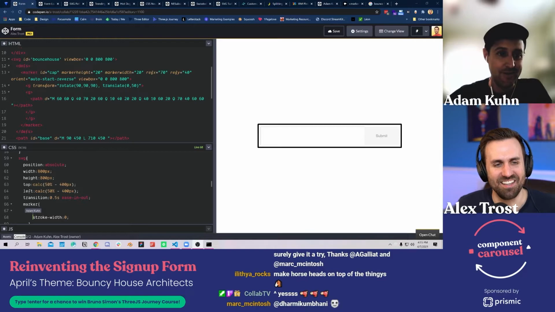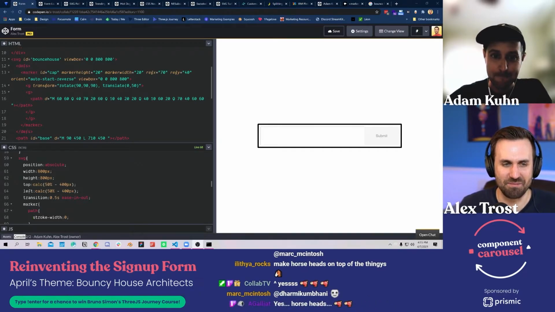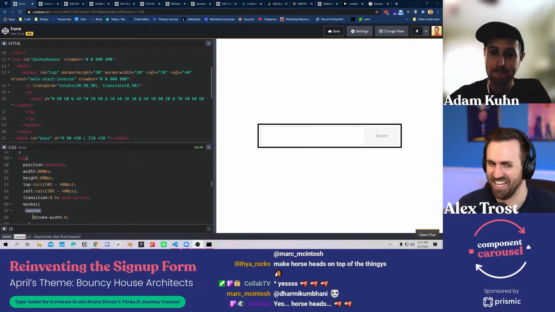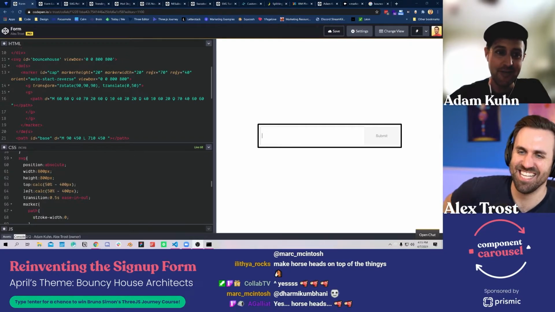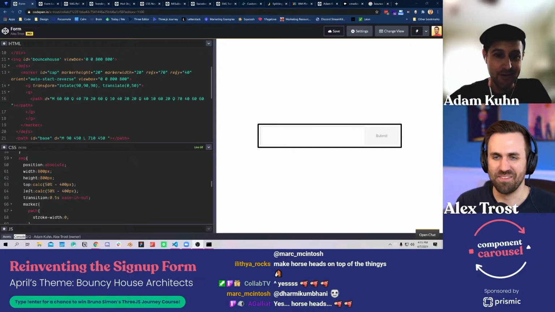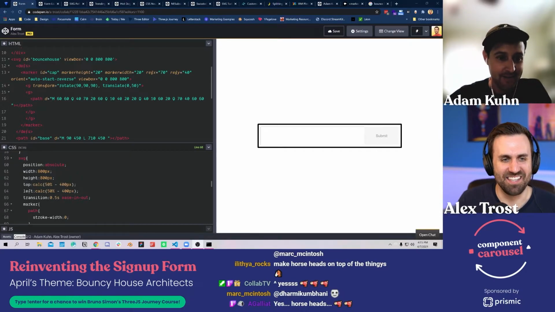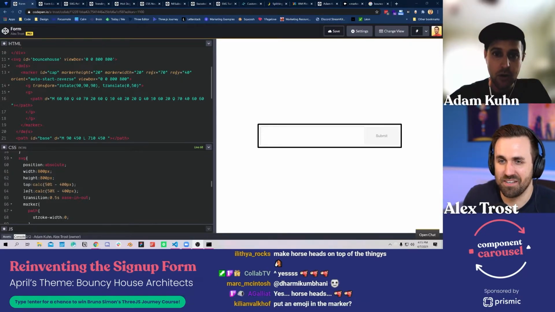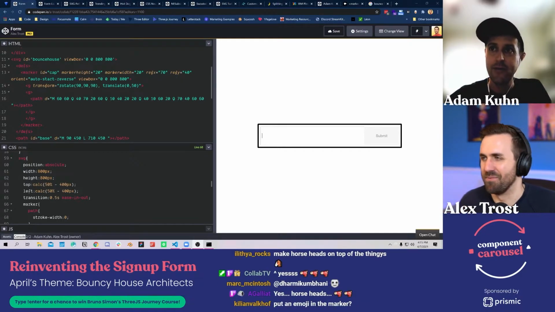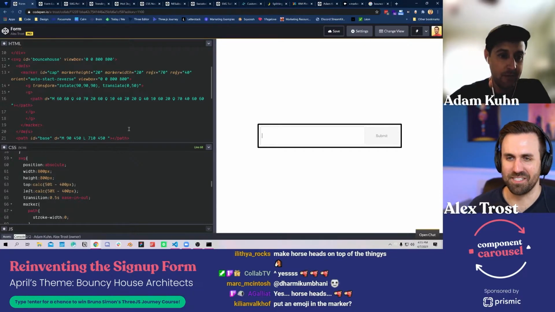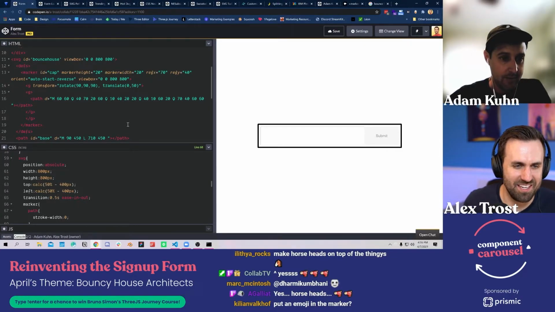Alithia has a great idea, but it also sounds like almost a threat. She said to put horse heads on top of the thingies, but it almost sounds like you're putting them on pikes. Oh, we can do that. That will be a little frightening, but I would like it. Yeah, let's do that. It's going to take a bit to draw that up, but I love the idea.